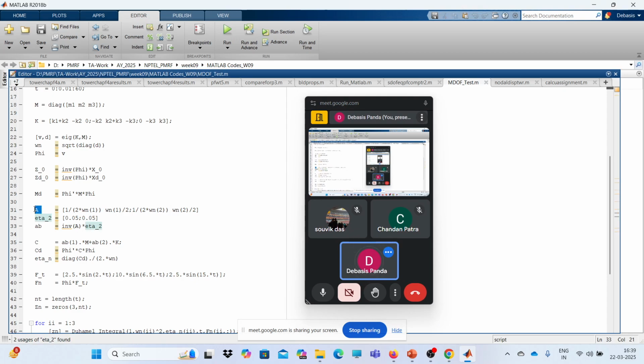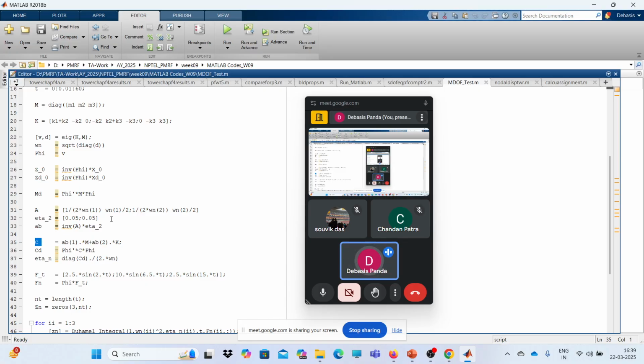So to construct this matrix, I have written it down as 1 by twice omega 1, then again 1 by 2 omega 2 by 2. That's it. Now we can formulate the C matrix as per the classical damping model. C is nothing but A naught M plus A1 K. So these are the values of A naught and A1. Once we have the C matrix, already formulated using the Rayleigh damping method or the classical damping method,